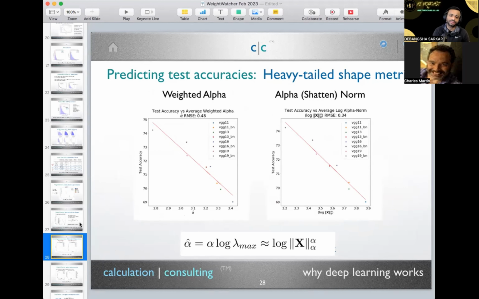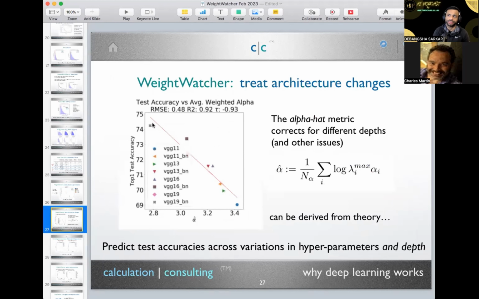And you have to use this alpha hat when you are experimenting or comparing models where the depth is changing for different models. We think so, yeah. When the architecture is changing, the depth is changing, yes. And I would encourage you, if you're trying it, join the Discord channel and ask me, because we don't understand everything, right? We think we know what's going on. There are also some issues with correlation traps, and I have a new theory paper I can send you.